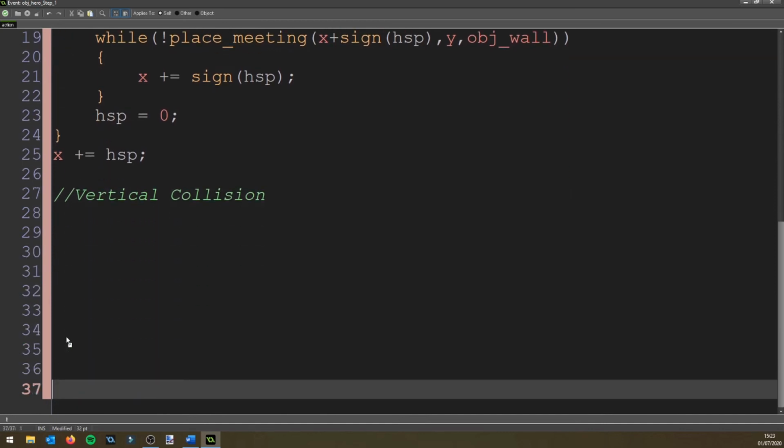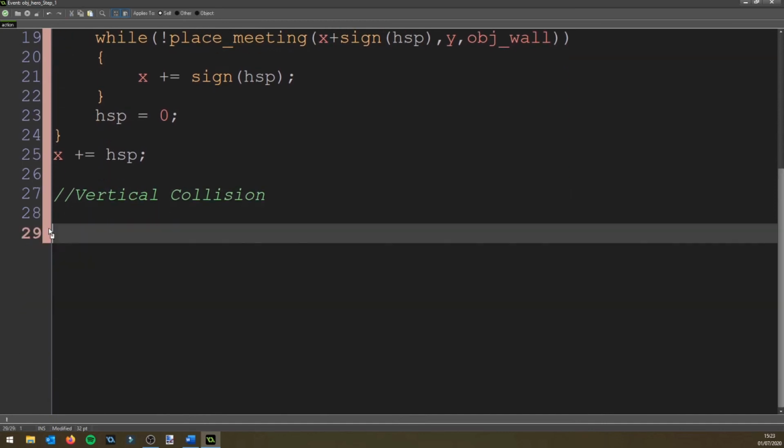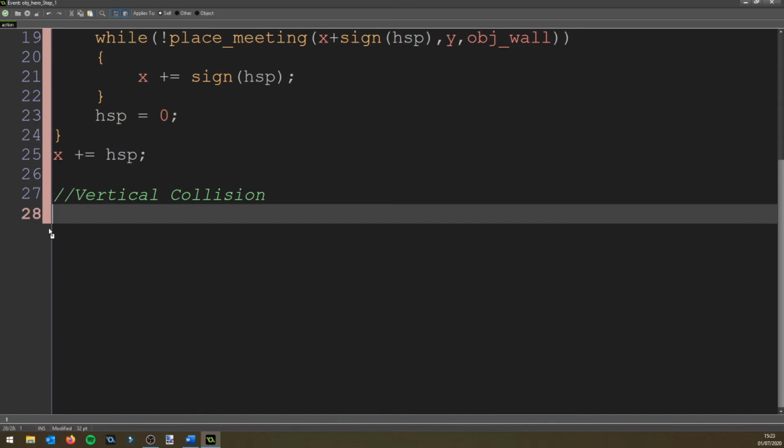So I'll enter a few lines down. And this time I'm going to say if, in brackets, place_meeting, and in brackets, x, comma, y plus VSP, comma, obj_wall, and two brackets once again,